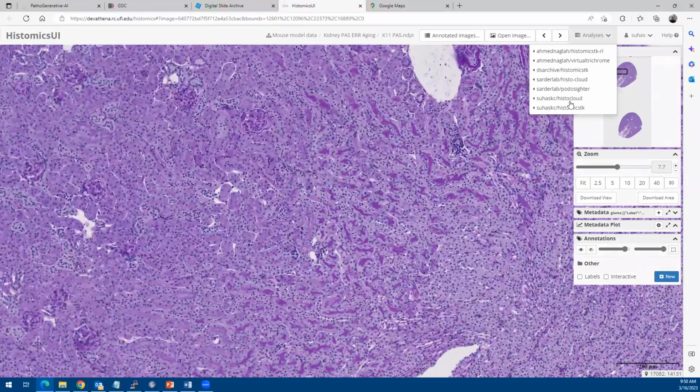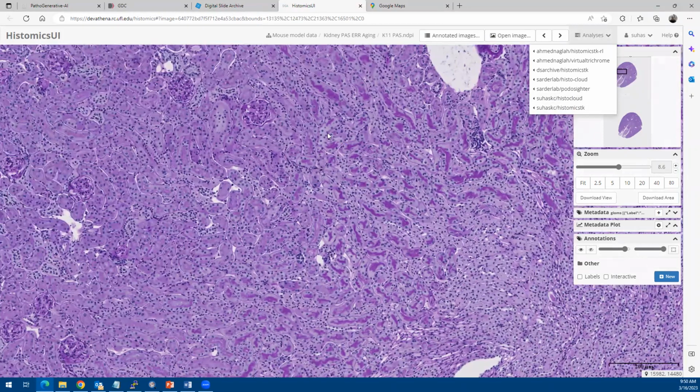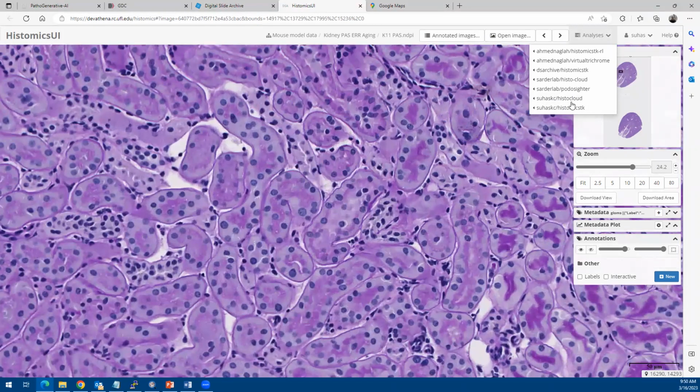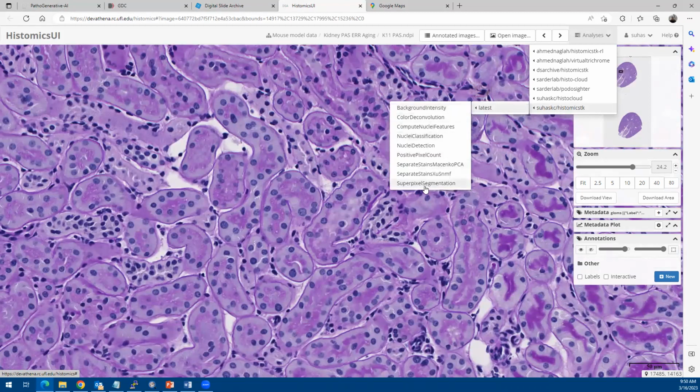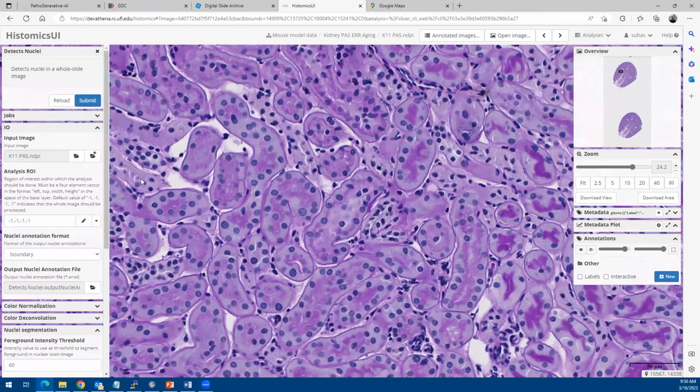I'll go first to perform quick annotations for the nuclei. So if we go to analysis, histomics TK, and if you go to nuclei detection,